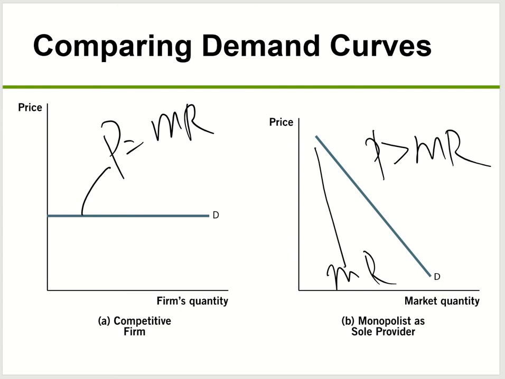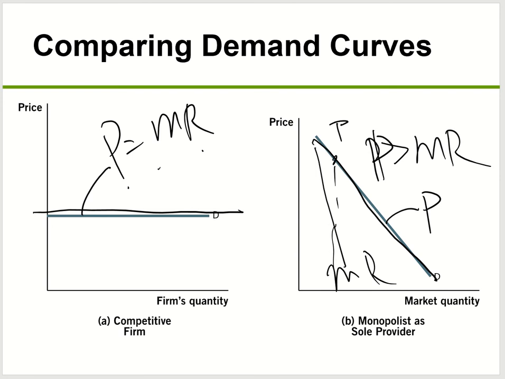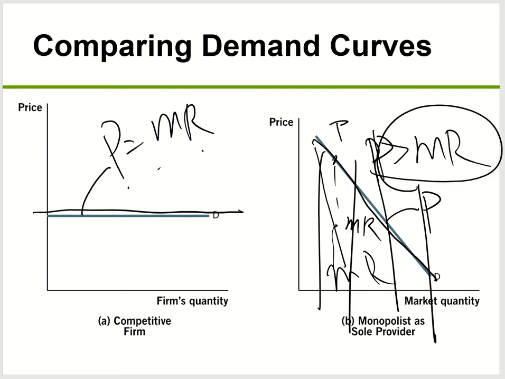For perfectly competitive companies, the demand curve is flat. When you have a flat demand curve, price equals marginal revenue. And if you have a downward sloping demand curve, which is the case for monopolies, your price will be more than the marginal revenue. And that's always true because your price is always on the demand curve. So if you look at the vertical distance here, that is your price, and right here is your marginal revenue. Anywhere you look, any vertical distance, it's always price more than marginal revenue.